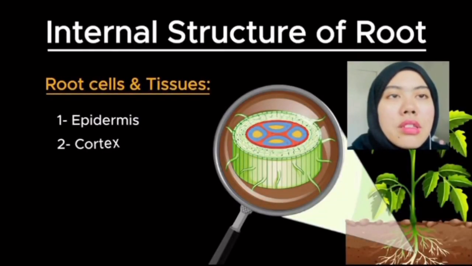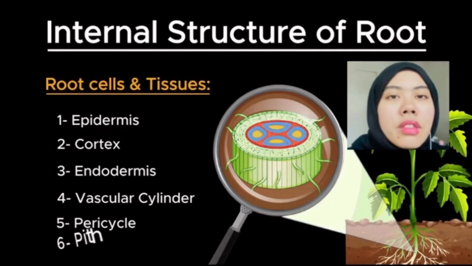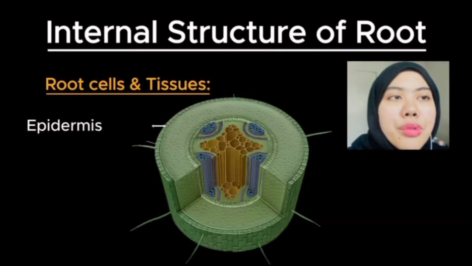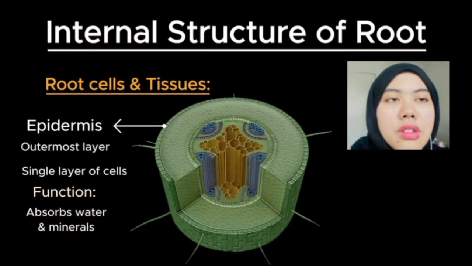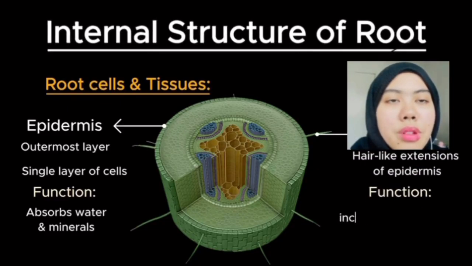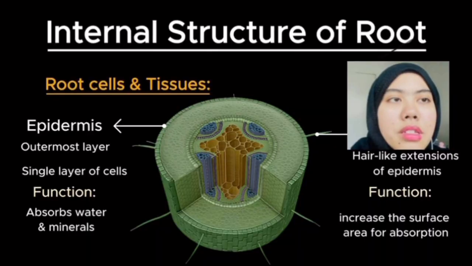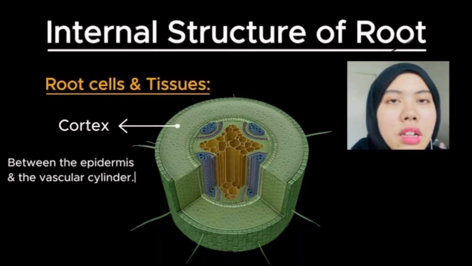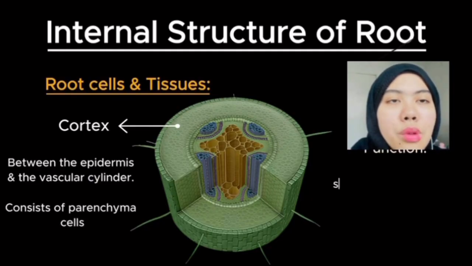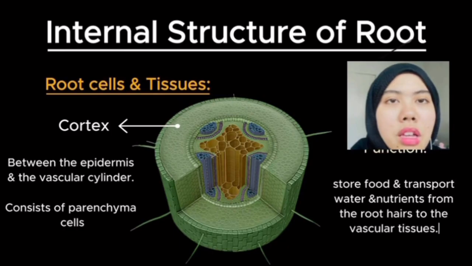Next slide is about the internal structure of roots. Epidermis is the outermost layer of cells in the roots. It absorbs water and minerals from the soil. Root hairs, which are extensions of epidermal cells, significantly increase the surface area for absorption. Next to the epidermis is the cortex. It is located between the epidermis and the vascular cylinder. The cortex consists of parenchyma cells that store food and transport water and nutrients from the root hairs to the